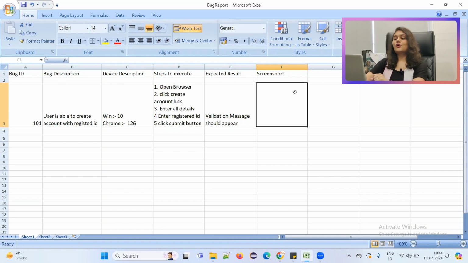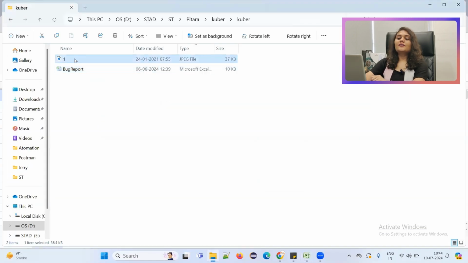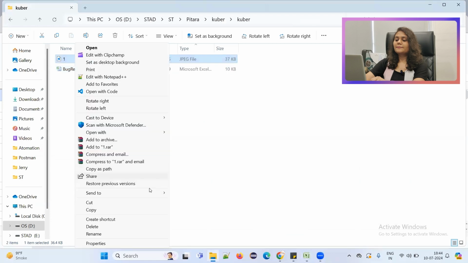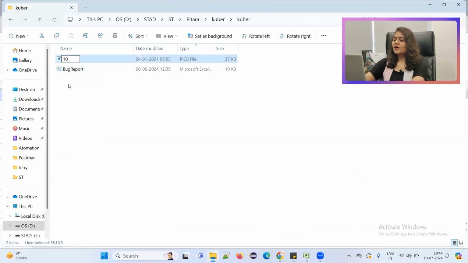Now for the screenshot, you have to attach your screenshot. Just rename your screenshot with the bug ID or 1, 2, 3, anything you can do. Suppose I rename it with 101, as my bug ID is 101.